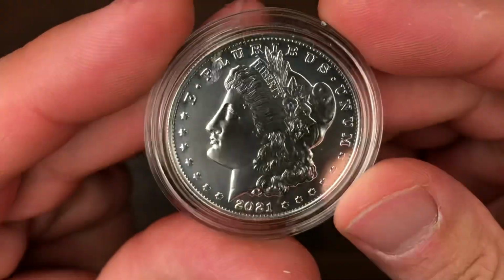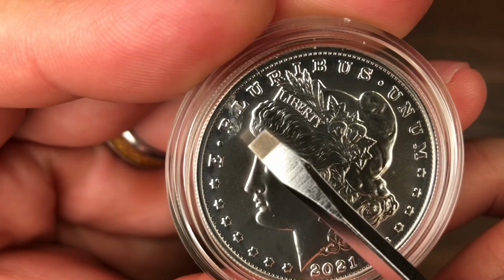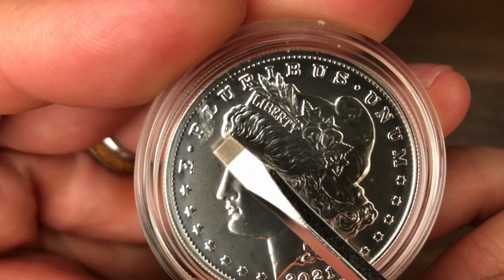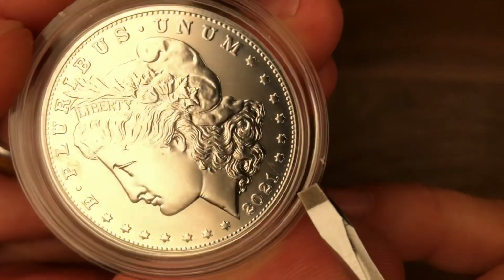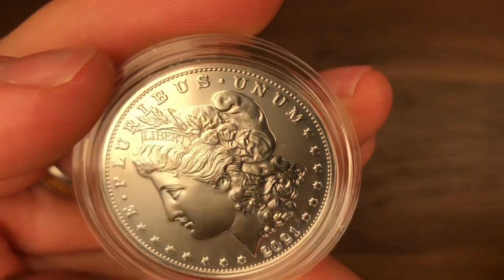But the damage is right here from the second coin that we opened. You can see that that's on the coin, that's not on the case. And then also right there's the other set of damage. But yeah, I've got 2 mint marks, and I guess at this point